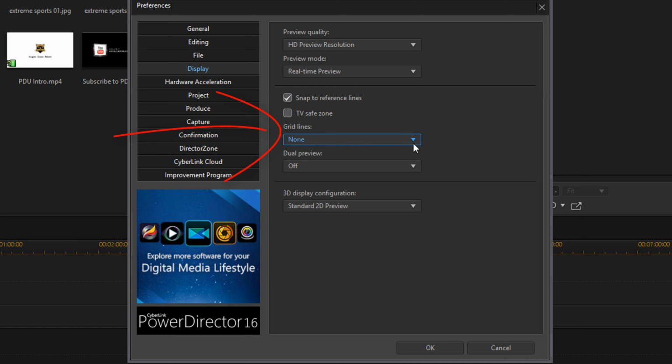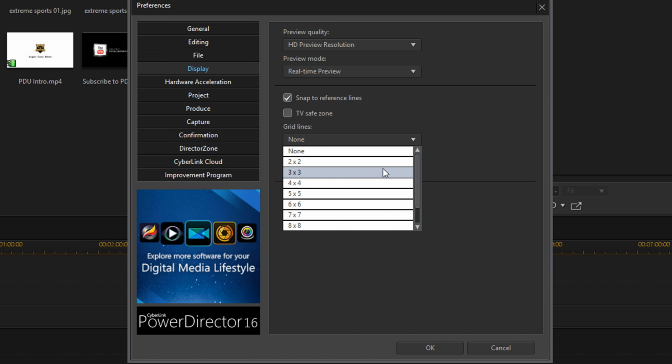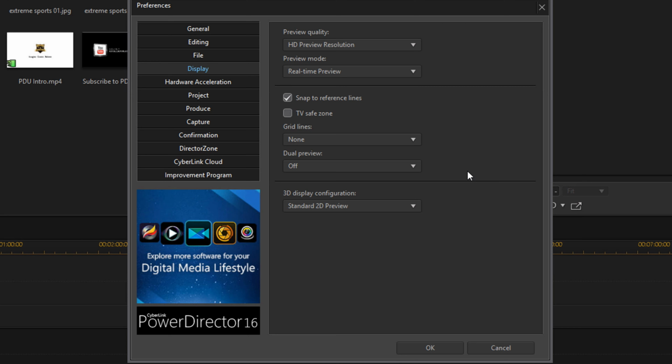And in grid lines, sometimes I use that to make sure that things are in place. If I'm using the rule of thirds, of course, and I have a 3x3 grid, then I want to make sure that if I'm moving things around, positioning them on the screen, or scaling them up and moving them, I'm following the rule of thirds and I have the item on the line where I need it. So I can use grid lines for that.